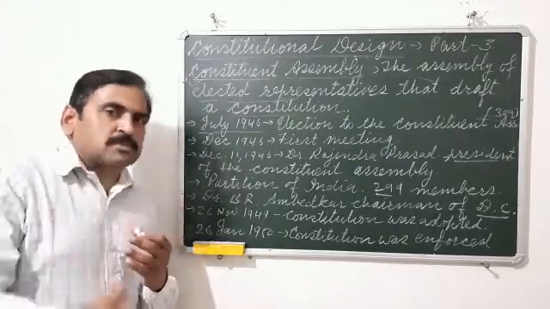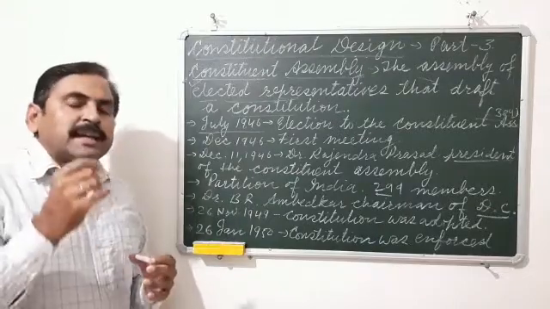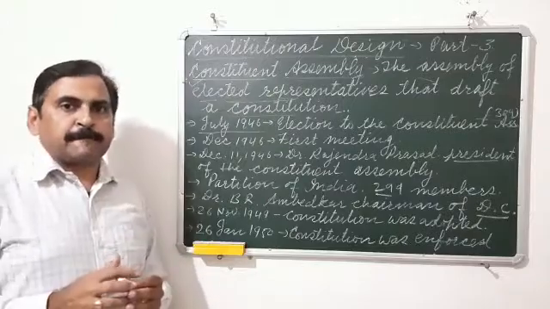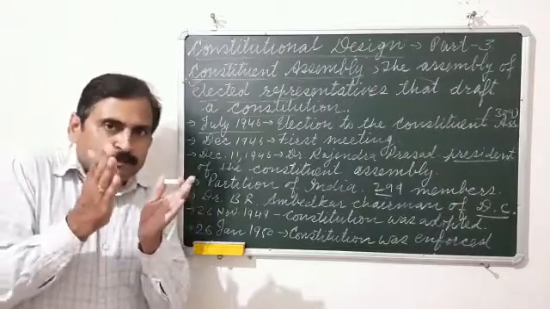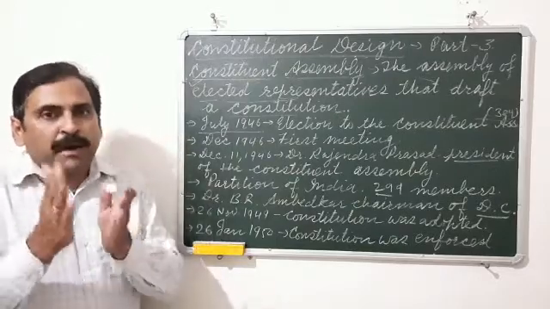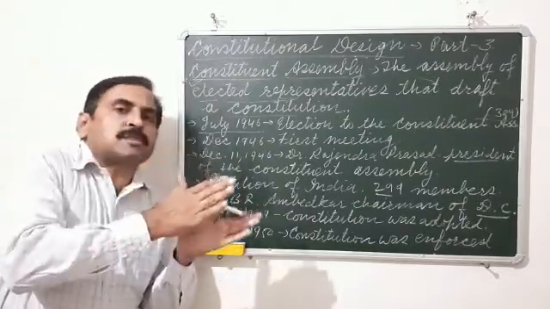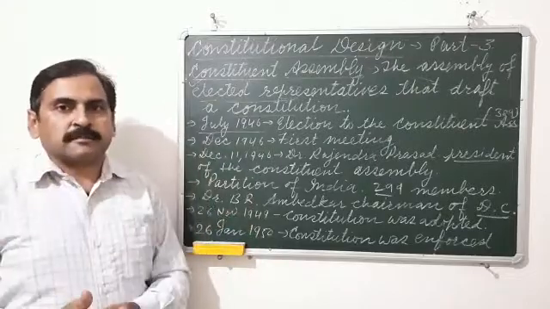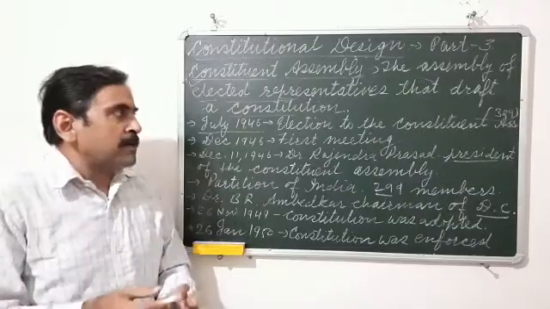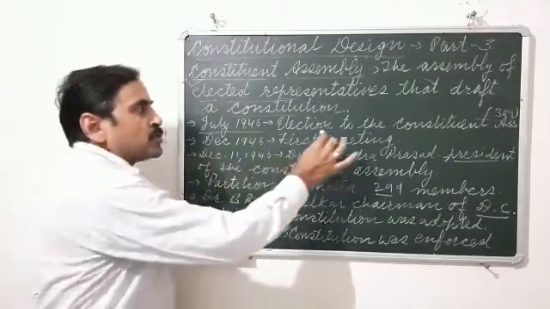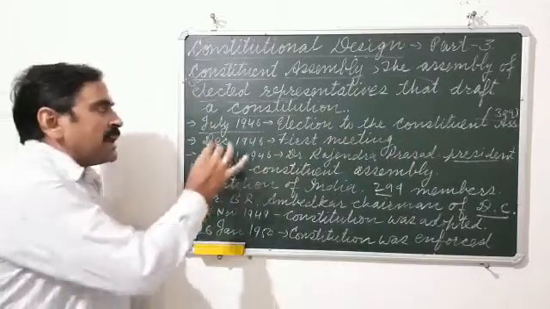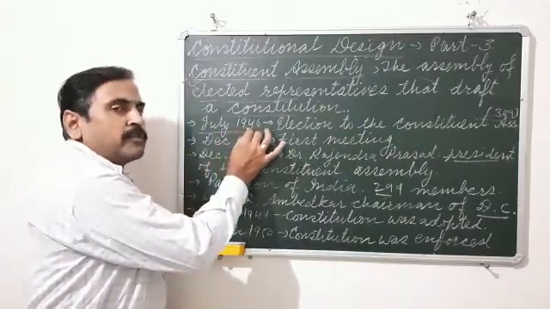For the formation of this Constituent Assembly, the Cabinet Mission was sent to India from Britain. The purpose of this Cabinet Mission plan was to transfer the power from the British to the Indian leaders. So, according to the Cabinet Mission plan, election to the Constituent Assembly took place in July 1946,